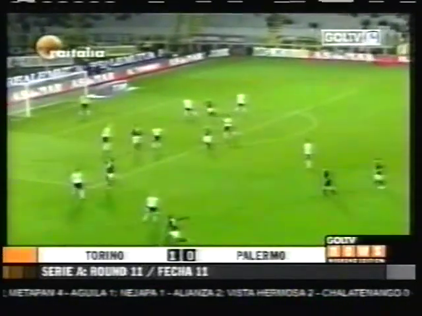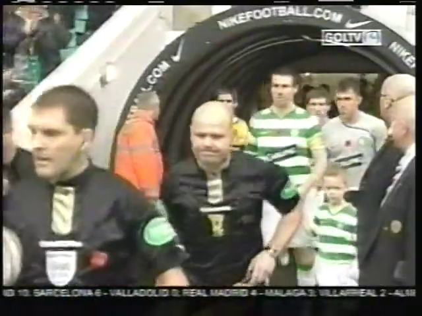Gianluigi on the hot seat for Torino at the Grande Torino. No score, 88th minute. And Sammarco puts it in. The Bulls grab the victory. Meanwhile, Celtic taking on Motherwell at Celtic